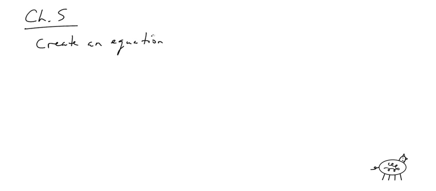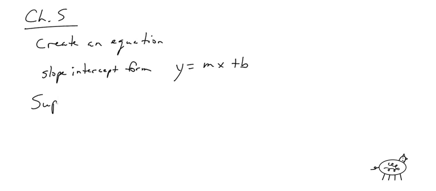Now, most of the time, especially for the first part, you're going to write it in slope-intercept form. And remember that it's y equals mx plus b. Okay? And this is super easy, the first type of problem here. Okay, super easy. If I give you the slope